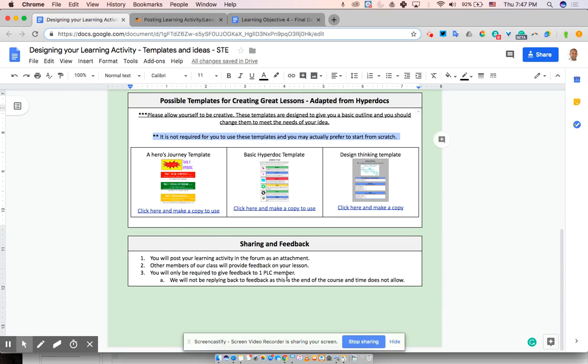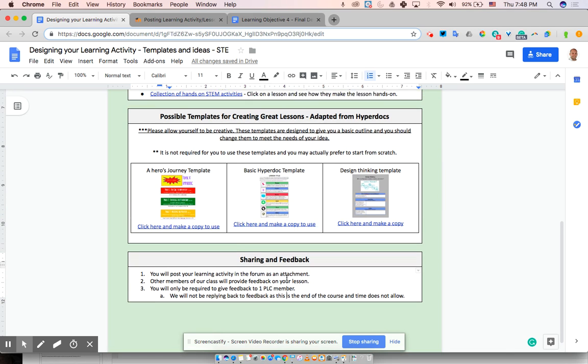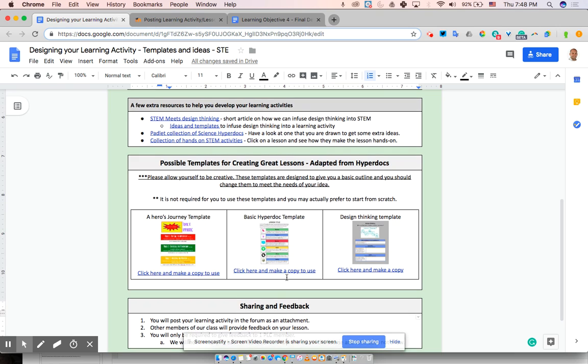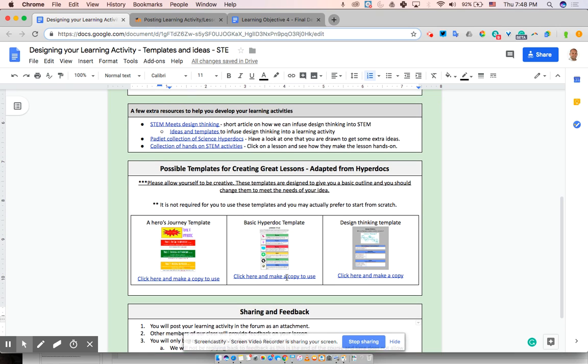Okay, and then this week we'll also not be doing an iteration phase, just because it's the last week and we have not a lot of time left. And you also need to do the reflection activities as well. So all I require for this one is that you reply to just one professional learning community member and give them some feedback on their lesson plan. You don't need to reply back or iterate or tell them how you would change the activity based on their feedback. So hopefully in the end, we've created some incredible learning activities that you could take with you